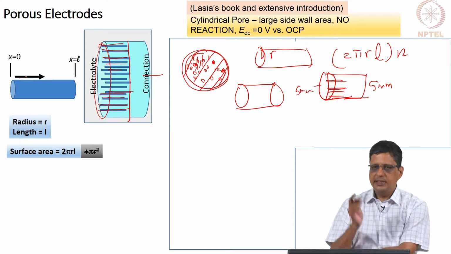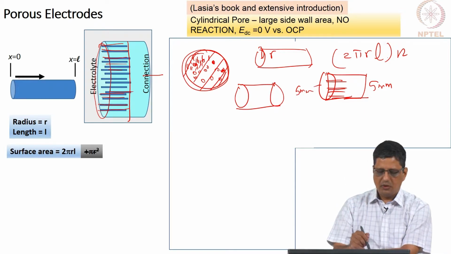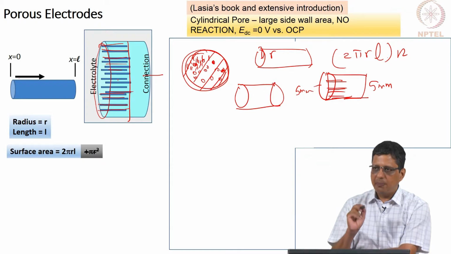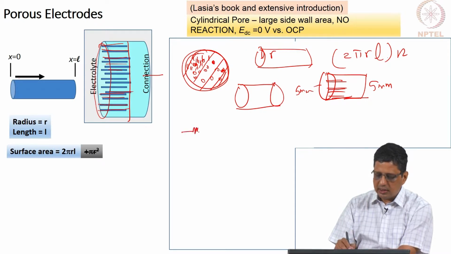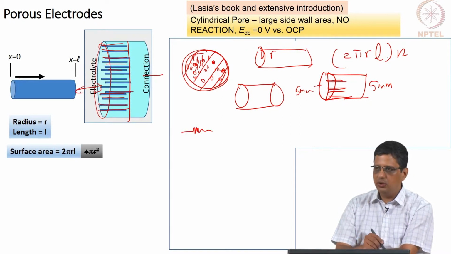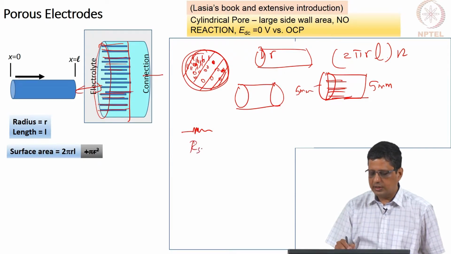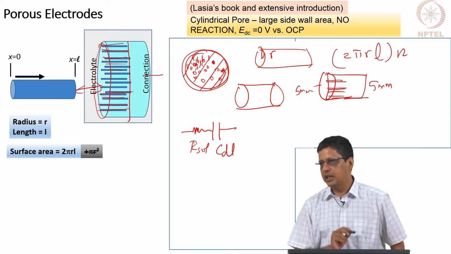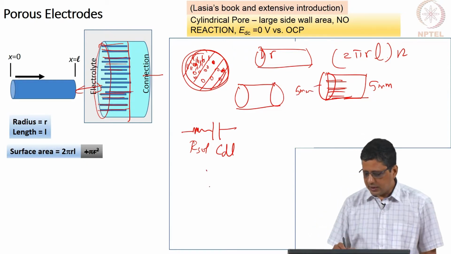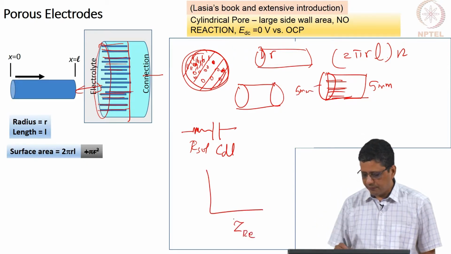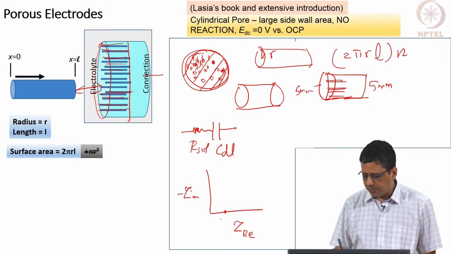In case this is a solid electrode, it is not porous. If I apply an AC, I will get an AC current which can be modeled using a solution resistance outside the electrode. From the reference electrode to this porous electrode is one solution resistance plus a simple double layer capacitor. That is all we need to describe this situation. If I plot this in a complex plane plot, at high frequency, it will be close to the solution resistance. Just make up a number and say 10 ohm centimeter square.